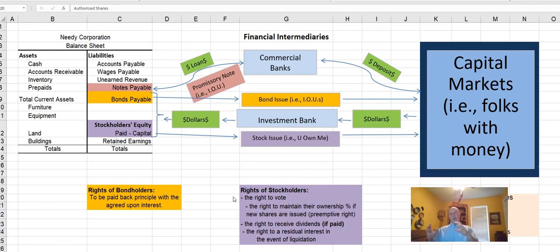So the stockholders elect the board of directors, and the board of directors will hire somebody to run the company. It's kind of like if you think about ACU. Now, ACU, nobody owns ACU. It just exists as a not-for-profit. But the board of directors oversees the affairs of ACU, and they hire the president. So they've hired Schubert to run the